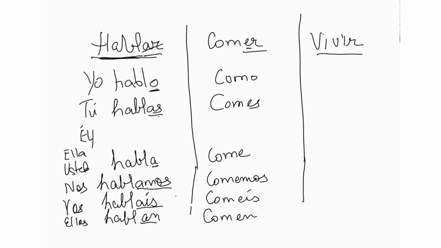Now let's come to vivir. Here also o, es, e, imos, ís, en. Only these are changing. But it is slightly different from the AR verb. Now the IR verb is also slightly different from the ER verb. In some cases, when we learn the conjugations later on, like for past tense and future tense, ER and IR verbs will be the same. But here in the present tense, it is a little bit different. Not much, a little bit different. I will tell you the difference. But remember, these are